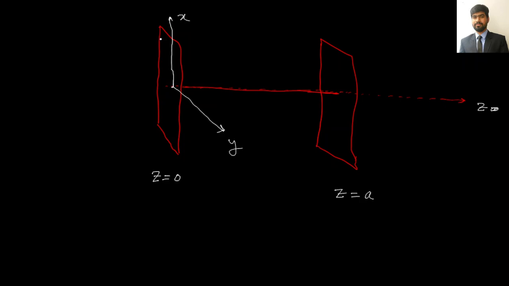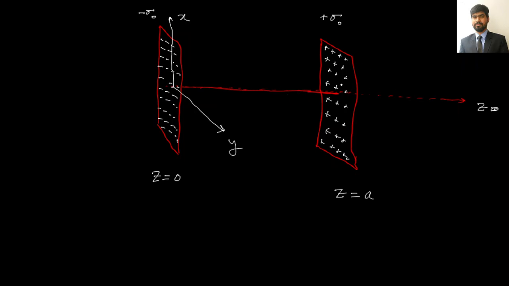And let's say the first plane is carrying a surface charge density minus sigma naught, and the second plane is carrying a charge density plus sigma naught. Then the examiner may ask what will be the electric field at any point between these